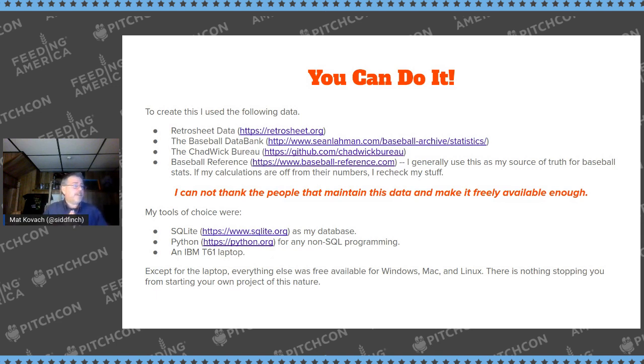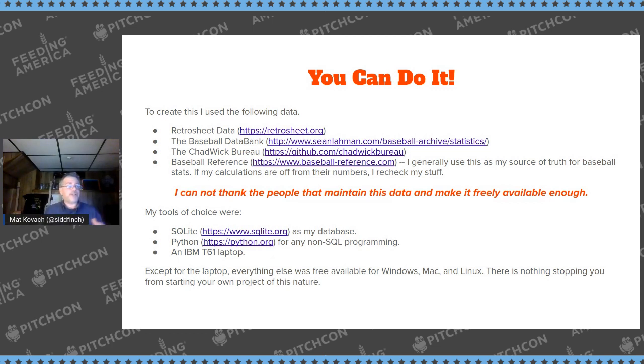It's used on your iPhone, your Android phone, your Windows machine, your Mac machine. If you have Linux, it's used in Linux. It's in airplanes, it's all over the place. It's free, it's public domain. These guys do a great job on it. I used a programming language called Python, which if you do data science, you're probably familiar with. It's a good programming language to use if you want to do any data analysis.